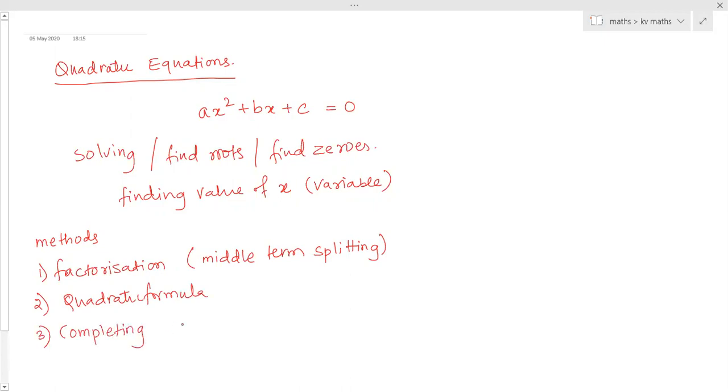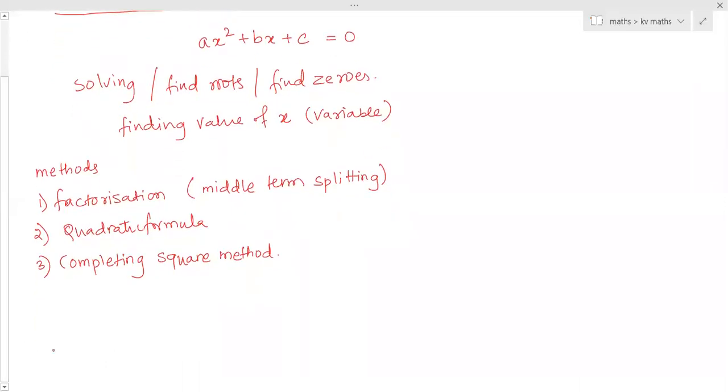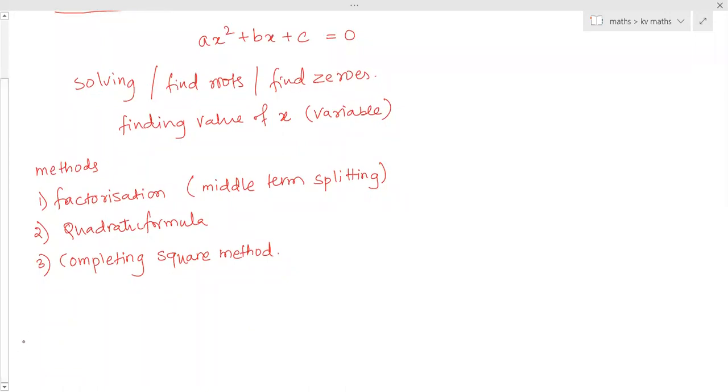In school, the teacher has explained the completing square method. Yes, Amrita? Bindu ma'am taught us. Okay. So it is actually not that. That's the reason I'm asking you. If they have taught, then I can. But it is this method.